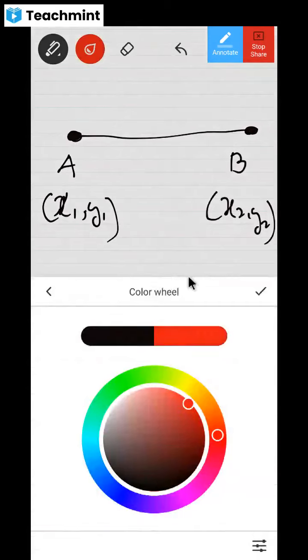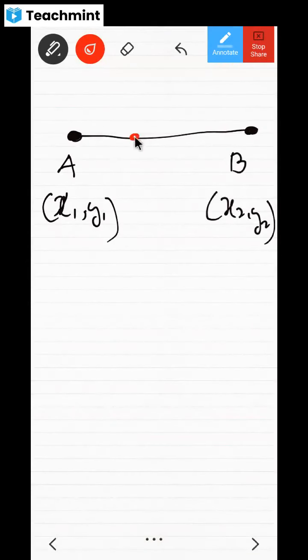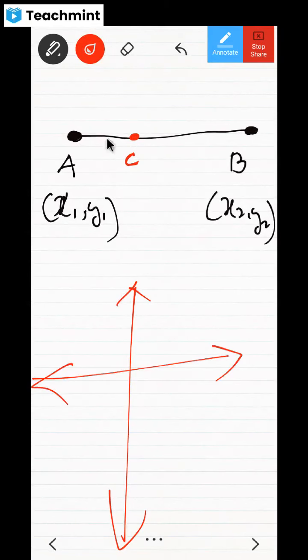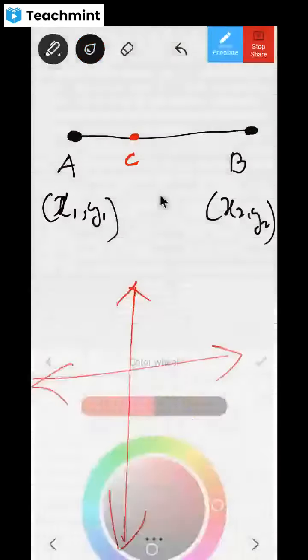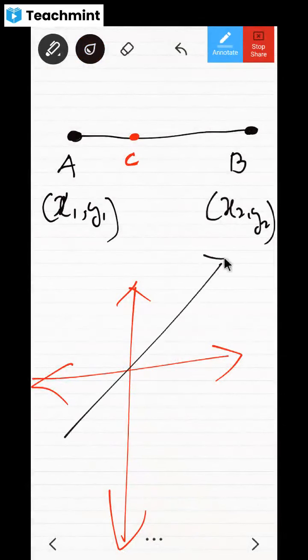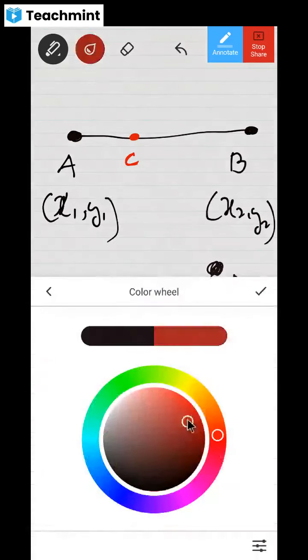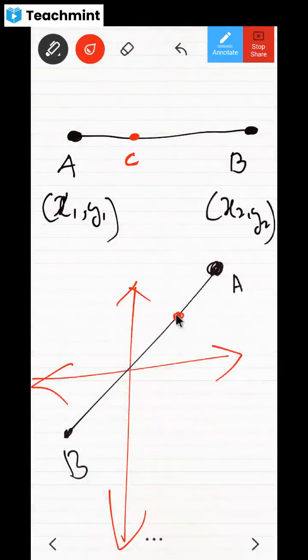Now, if any point comes in between, let me call it C. Now, don't you think this will also have some coordinates? In the Cartesian system, you understand this: this is the y-axis and this is the x-axis. There is any one line like this. Here also one point is there. This is A, and this is B. Here A has x1, y1, and B has coordinates x2, y2. Now, if any point comes here, let me call it C.